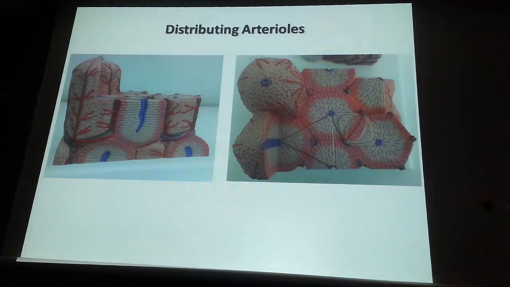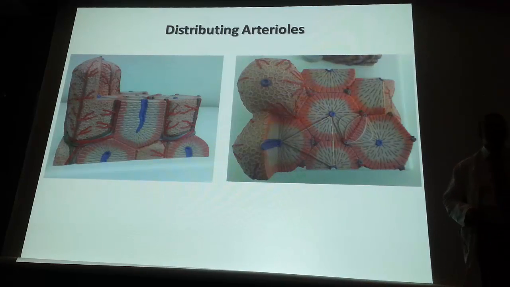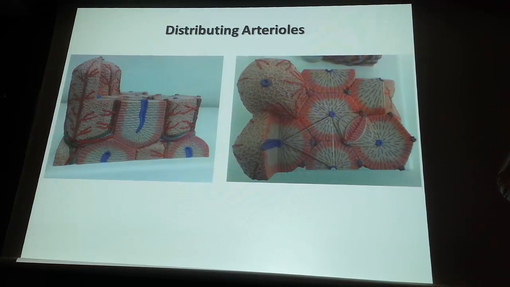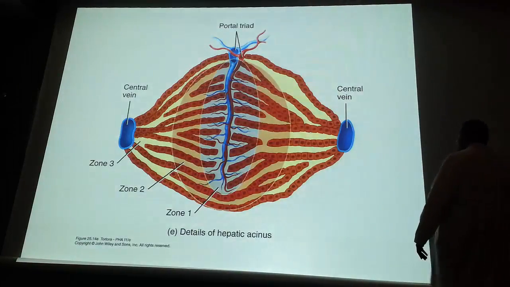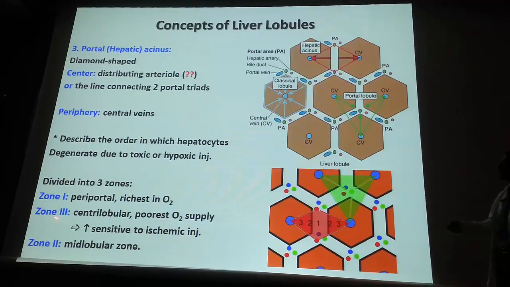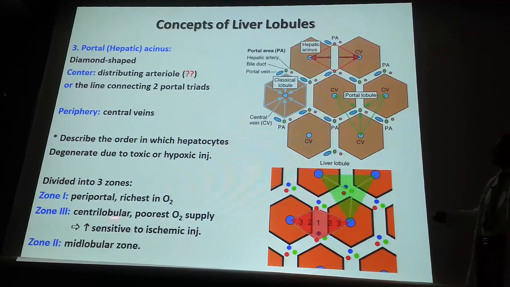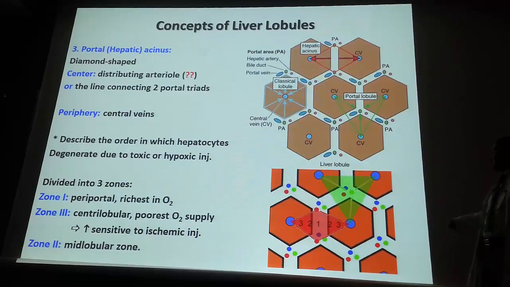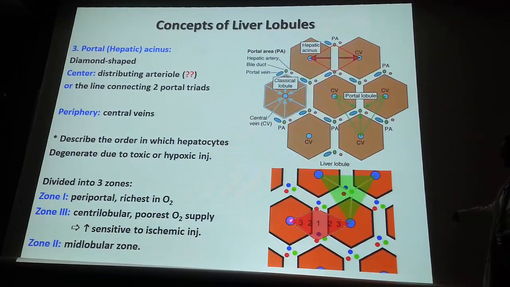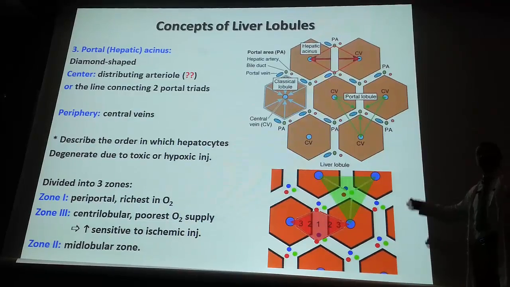The other area is here at the periphery, near the central vein, which is the poorest in oxygenation, and the cells degenerate first. So they call it pericentral or centrilobular area, because it's very close to what? To the central vein, okay? Because it's very close. So zone 3 now. Zone 3, the centrilobular area, which contains the least amount of oxygenation. So it's more sensitive to what? To ischemic injuries. So cells always degenerate around the central veins first,